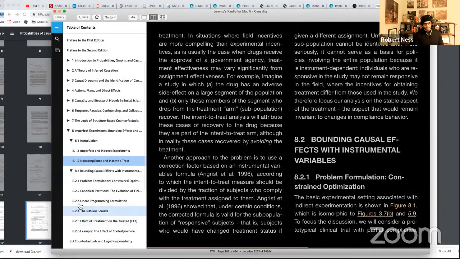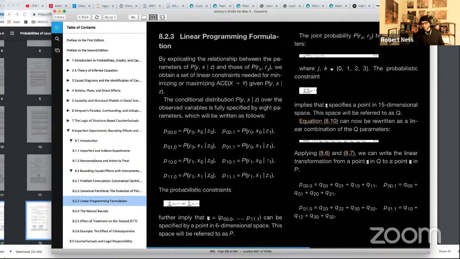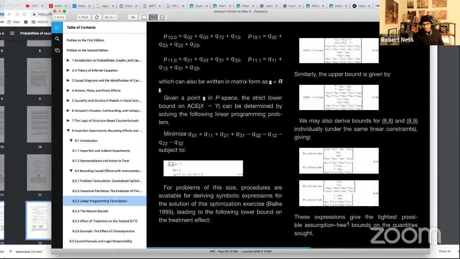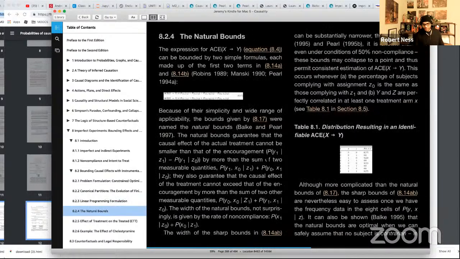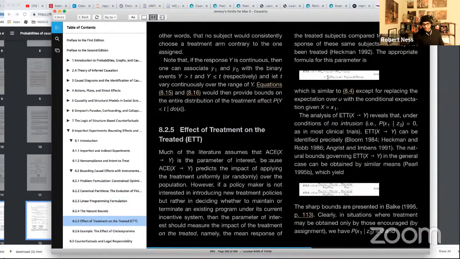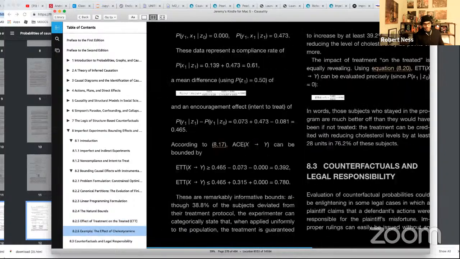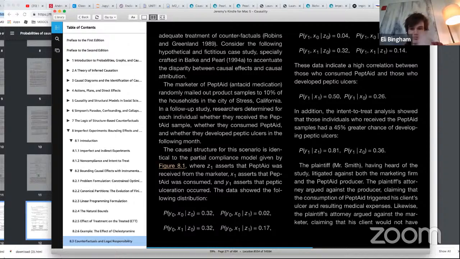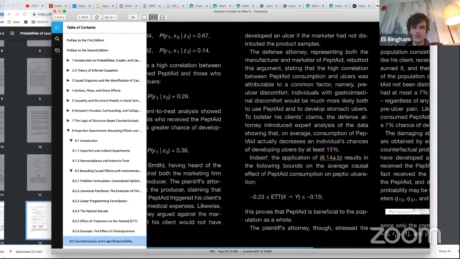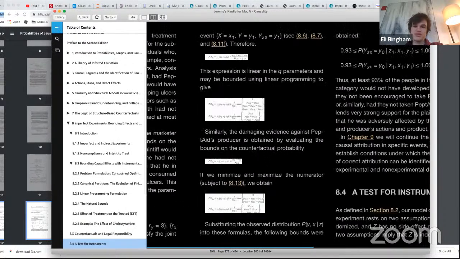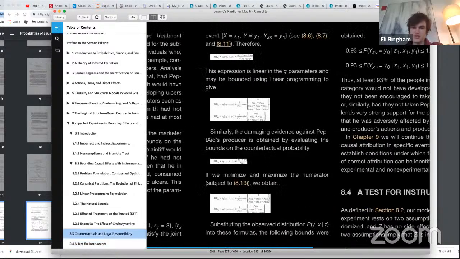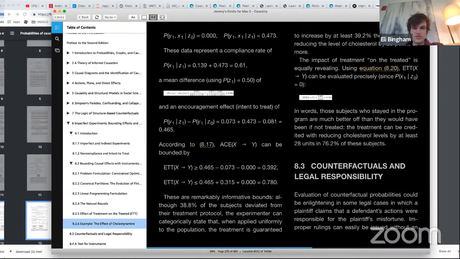If you had the full structural model, you'd be done. You wouldn't need to think about bounds. You would just do abduction, action, and prediction and you'd be done. So the issue here is that you don't observe some of those variables. They're there, you just don't observe them. Z is there. That's the whole point of this entire example. I also think the entire court case example is that this latent confounder Z is screwing things up.